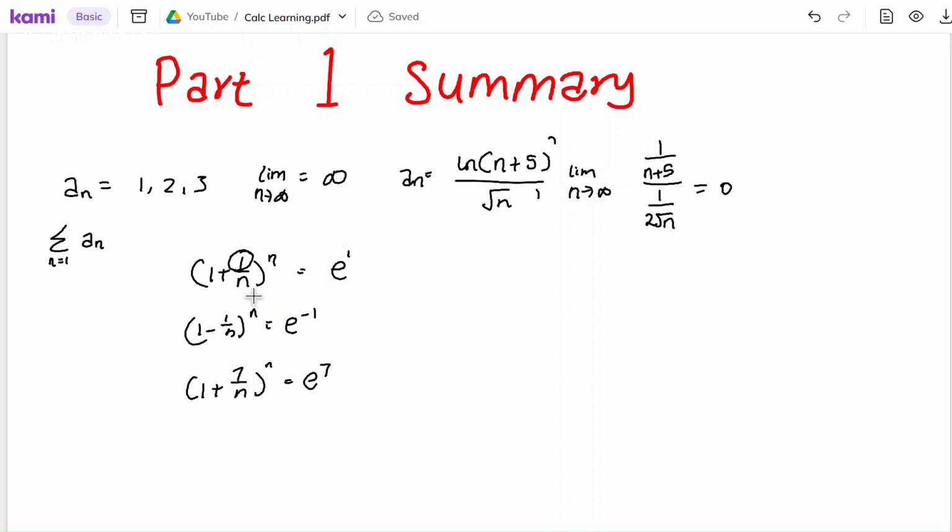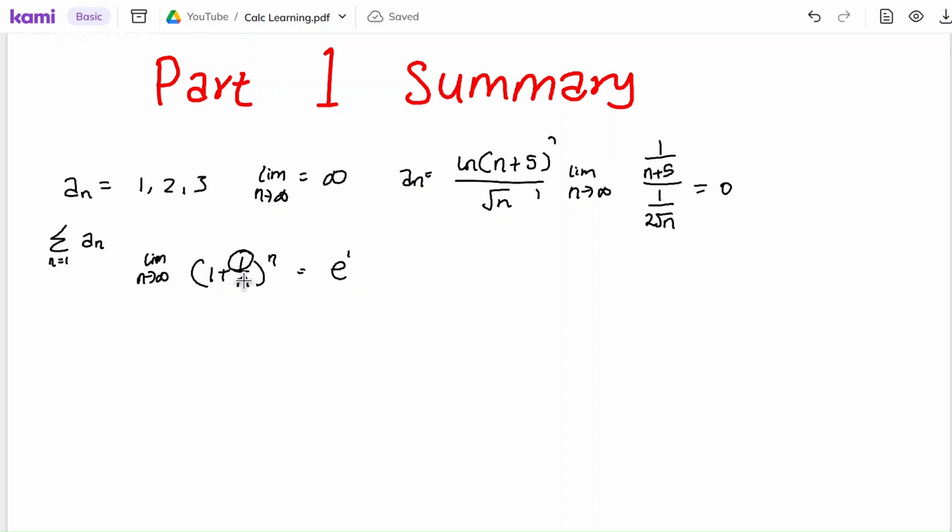You don't have to memorize this, because you can literally solve for it. It might be important to know how to solve for it, because you could be asked to evaluate this limit without using a theorem. This is a theorem, so you can't just say, oh, it's going to be e to the something. And to do this, you use a combination of what I just talked about. You're trying to evaluate the limit as this goes to infinity,